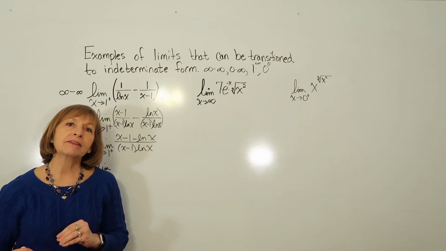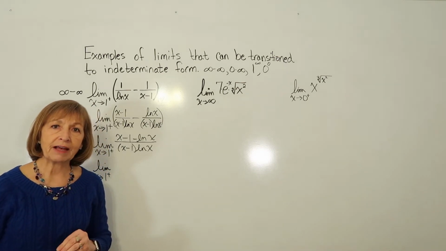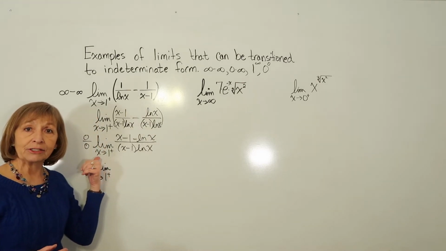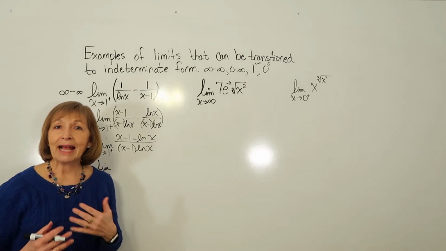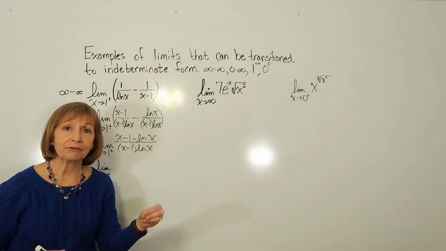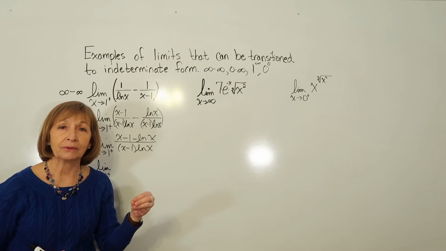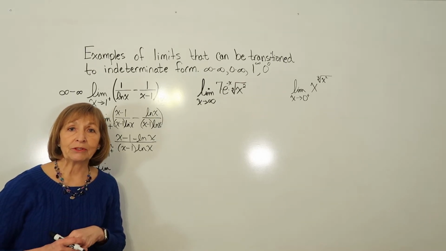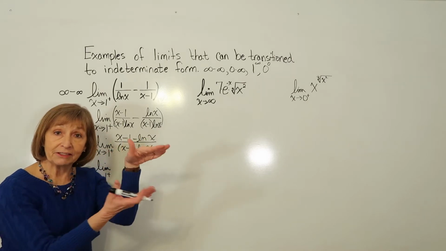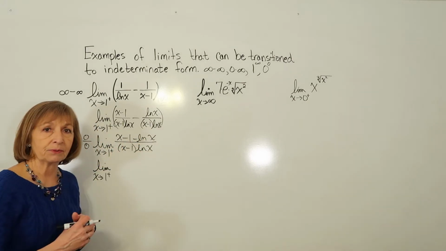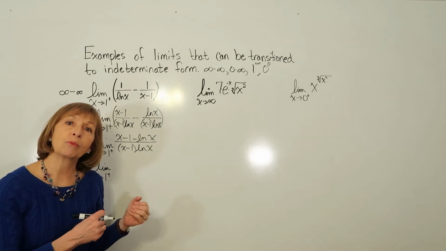Here, we're trying to find the limit as x approaches a value of a ratio of two functions that are in indeterminate form. And if that happens, L'Hopital's rule says that the limit of the ratio of the two functions as x approaches the value is going to be the same as the limit as x approaches the value of the ratio of the individual derivatives. So that's why we're doing the process this way, because of its application from what L'Hopital's rule